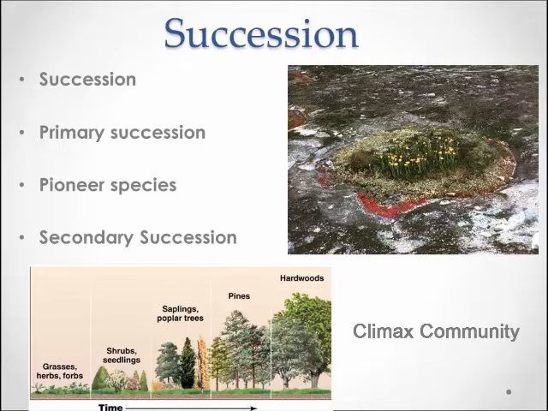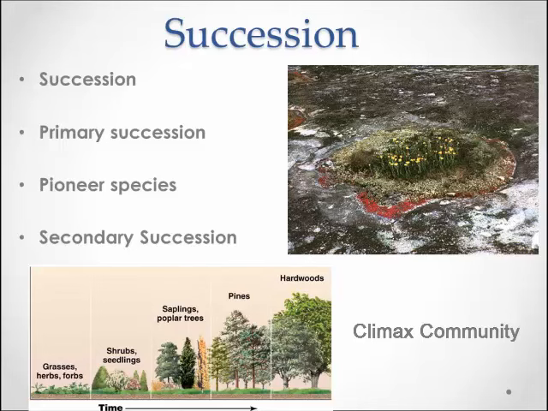Lichens are actually a symbiotic association between fungi and algae. Lichens are well adapted to colonization and help to prime the area for later higher order vegetation. The picture on the right shows a community going through primary succession. You can see lichens colonizing bare rock in this picture. This is an example of primary succession.